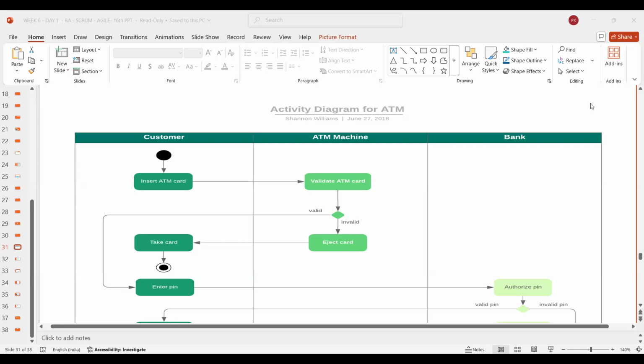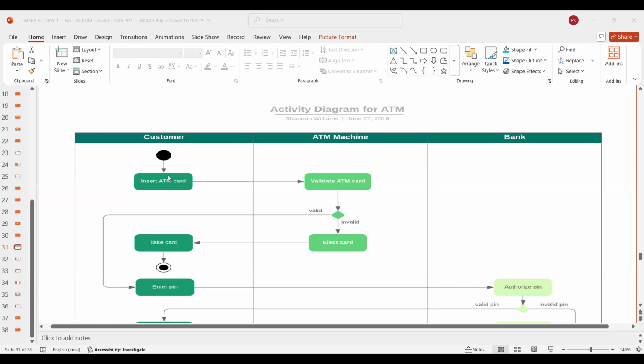Rectangles. Yes, a lot of rectangles, right? And the first one, pretty big, oval. Okay, circle. That's kind of a circle, but yeah. So basically, let me give you a start. This filled circle is called a start node. Whenever you see this symbol anywhere in the diagram, that means from here the process or the activity is getting started. Make sense?